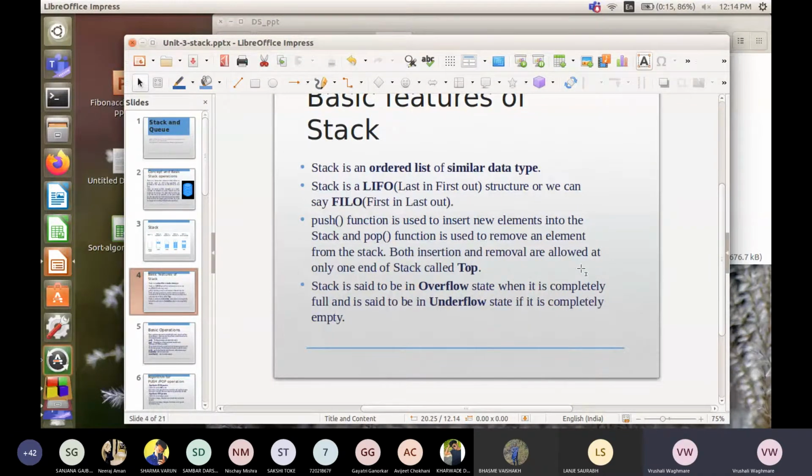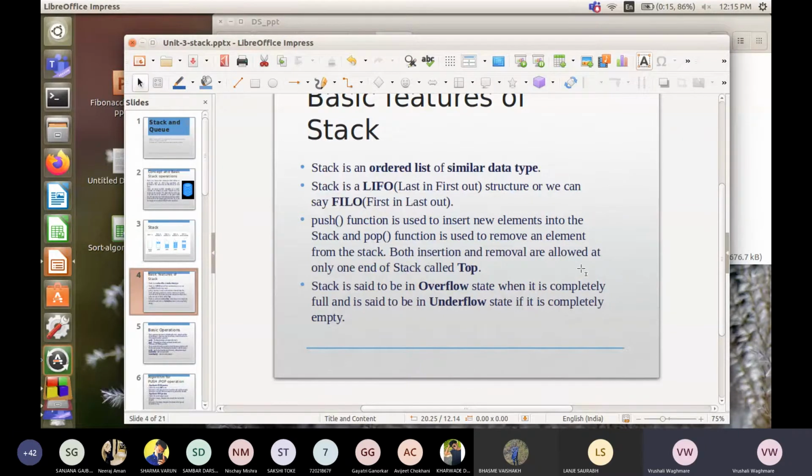So while pushing data, it is very important, because we are not able to increment the top after the stack reaches its highest size. We are not able to increment the top when the stack is overflow, or full. So while pushing data, the first thing we have to do is check the status, whether the stack is full or not. And how do we check? We just check the top position. If top equals size minus 1, whatever the size of the stack, the stack is full. Otherwise it is partially full, or it can be empty. Then in that case we can increment the top.